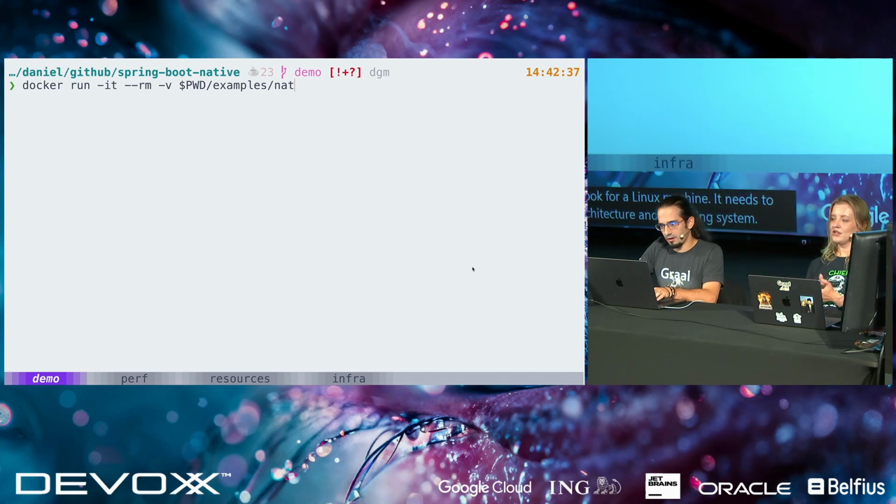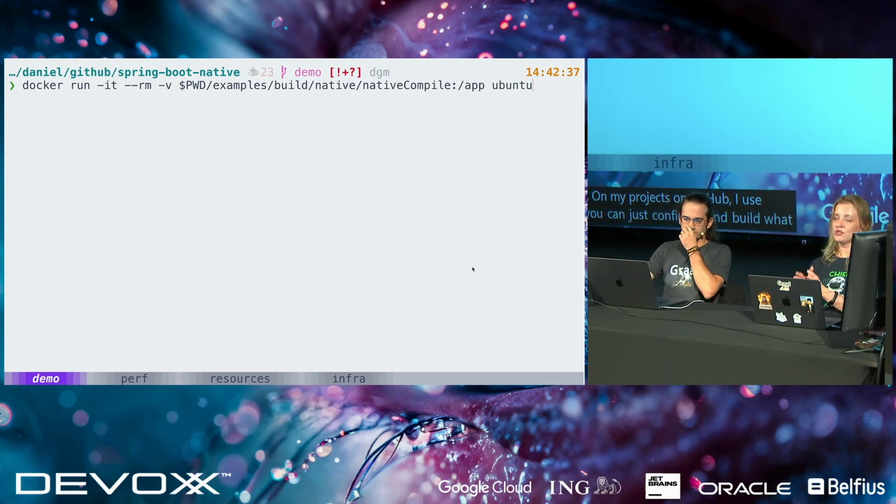Now, there are multiple ways to tackle this. One is you can build, again, in your CI/CD. For example, I'm a big fan of GitHub Actions. All my projects on GitHub are using GitHub Actions. There you can just configure and build for whatever platform you might need, and either use it yourself or distribute